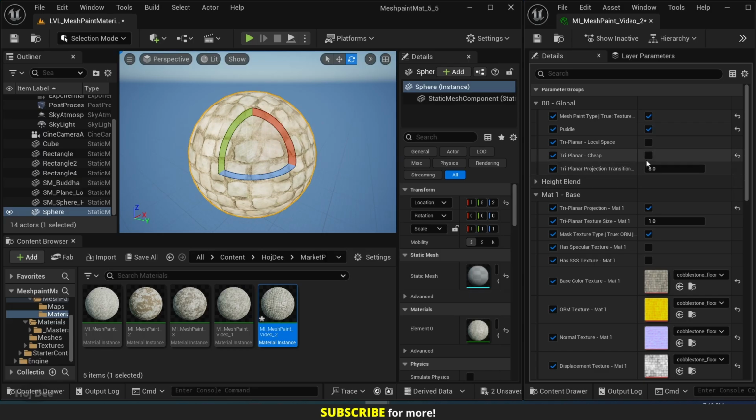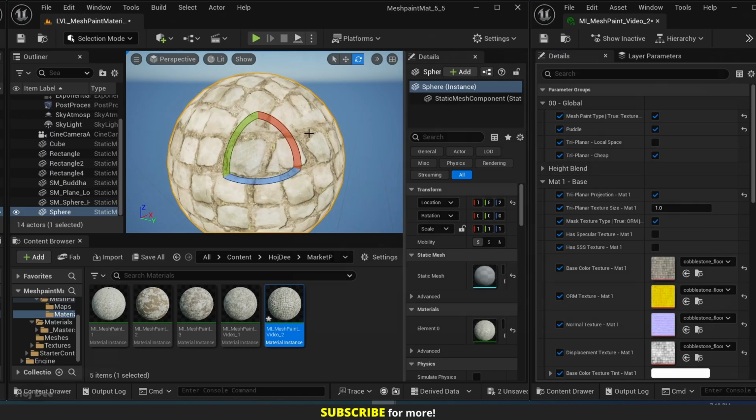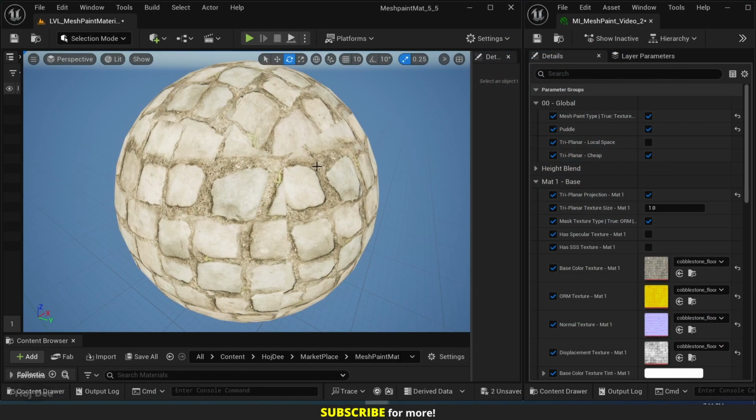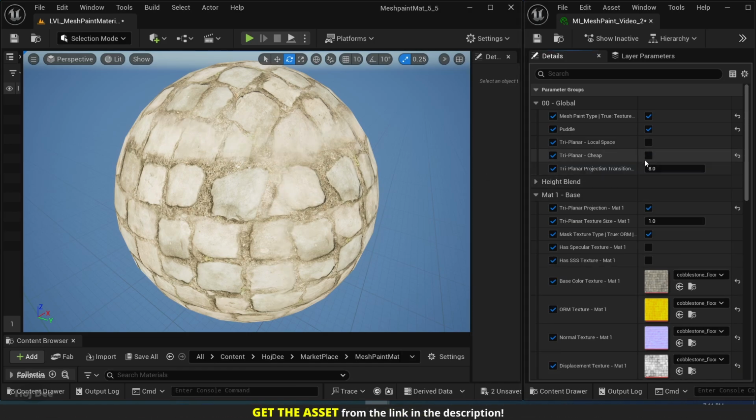And let's enable the cheap version. They look a little bit different too. The cheap version has this sharp edge where the projection changes, but let's disable the cheap option. On the expensive one, the different projections smoothly blend into each other, and we can even control that with the transition contrast parameter. By default it's set to 8, let's set it to 4,